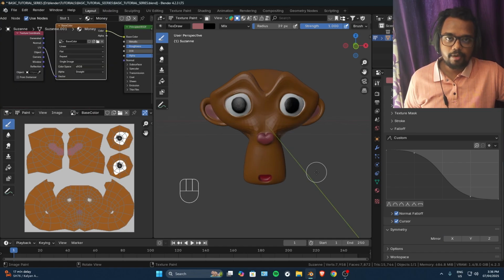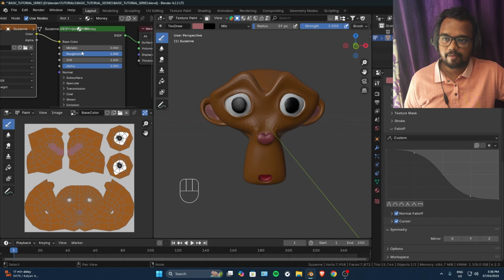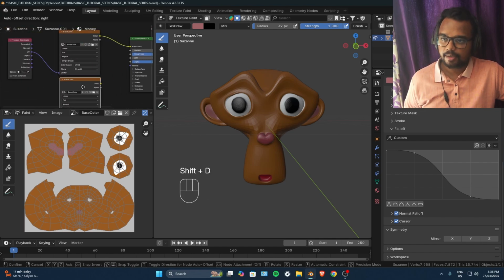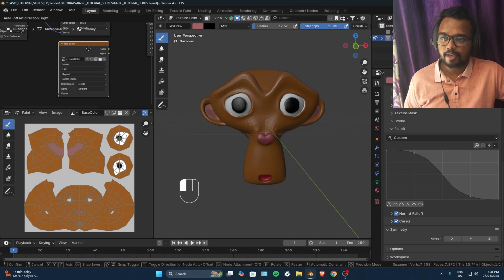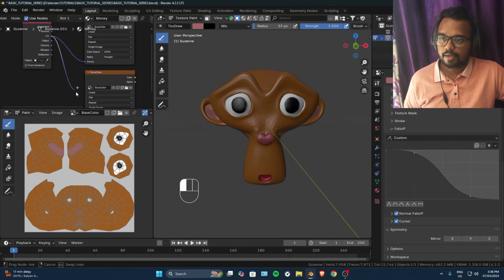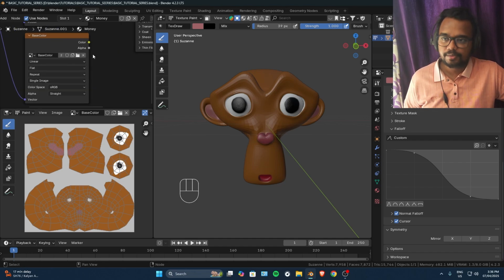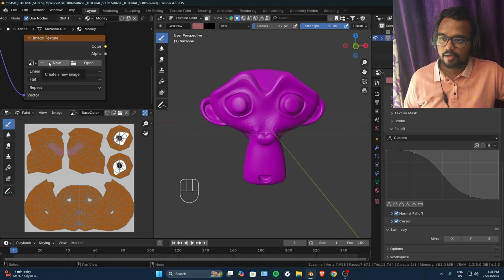Now you're not only limited to painting the color information, but you can also paint the roughness value, metallic value if you want. So what I'm going to do over here is just create a new image texture. So I'm just going to duplicate the top one. Let's plug the UV coordinate inside the vector socket just to be sure that it is using the same UV map. I'm going to click on this X button to remove that texture,